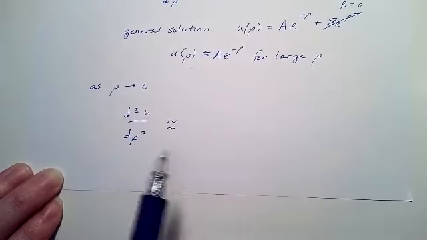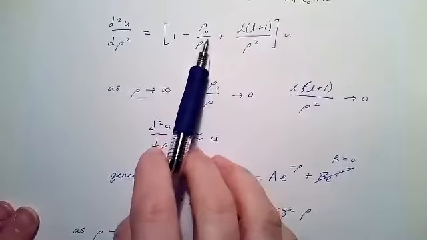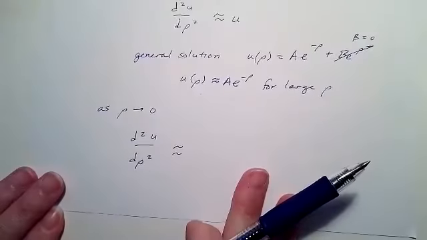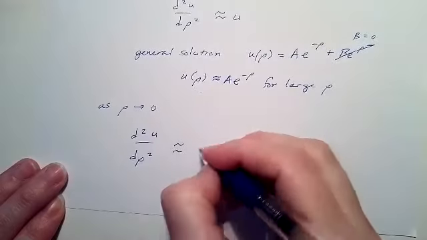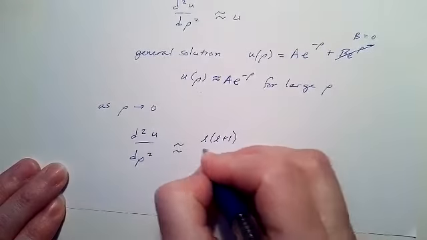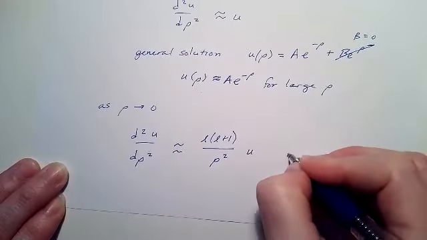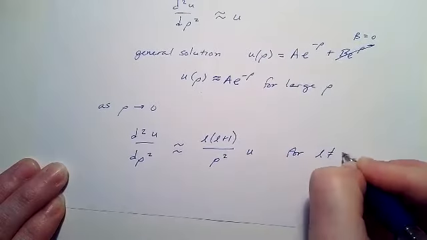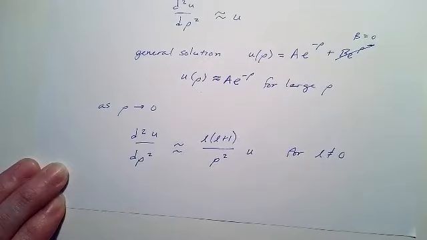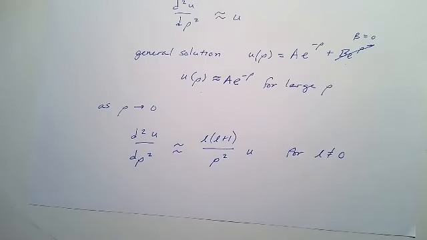we can look at what happens to each of the variables here, and we can figure out that our differential equation heads towards something that looks like L times the quantity L plus 1 over rho squared u. And this is as long as we are not looking at L equals 0. So there's a footnote in your chapter that talks about this a little bit further. Okay, so if we're looking at that differential equation, that's yet another familiar differential equation, and we can come up with a general solution of that differential equation